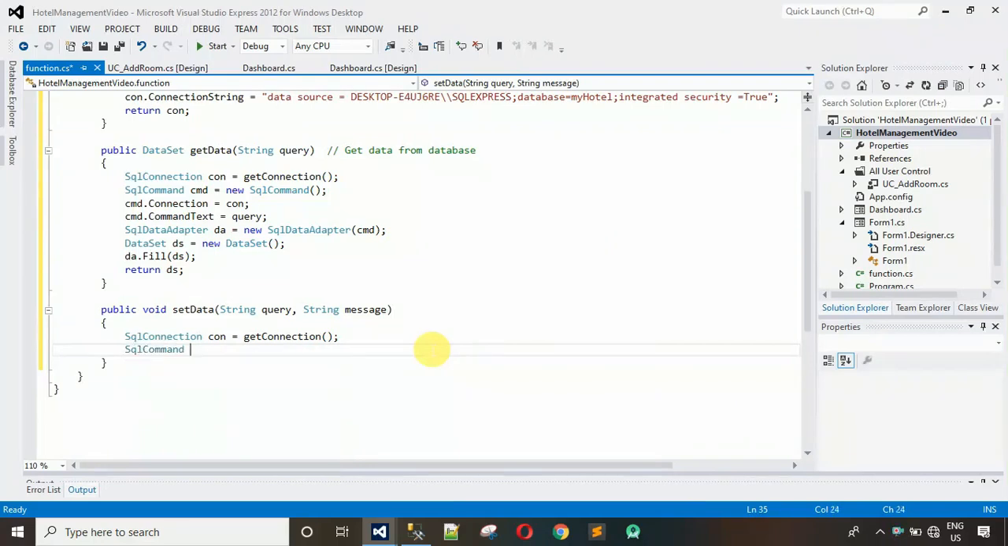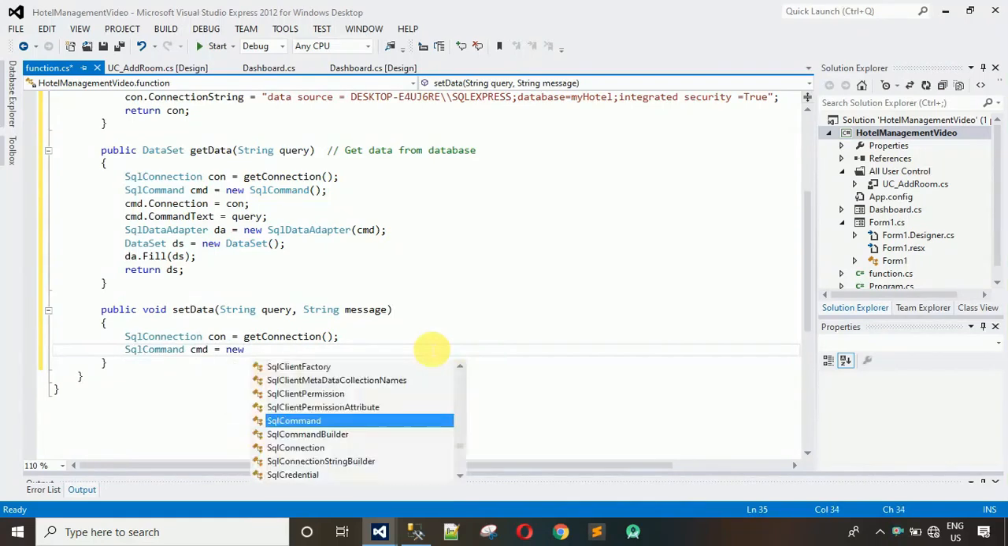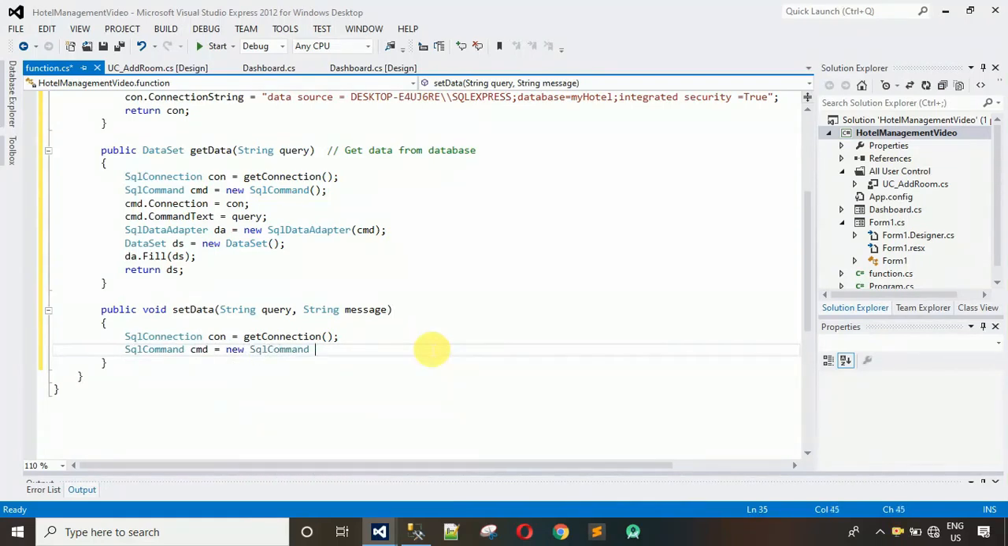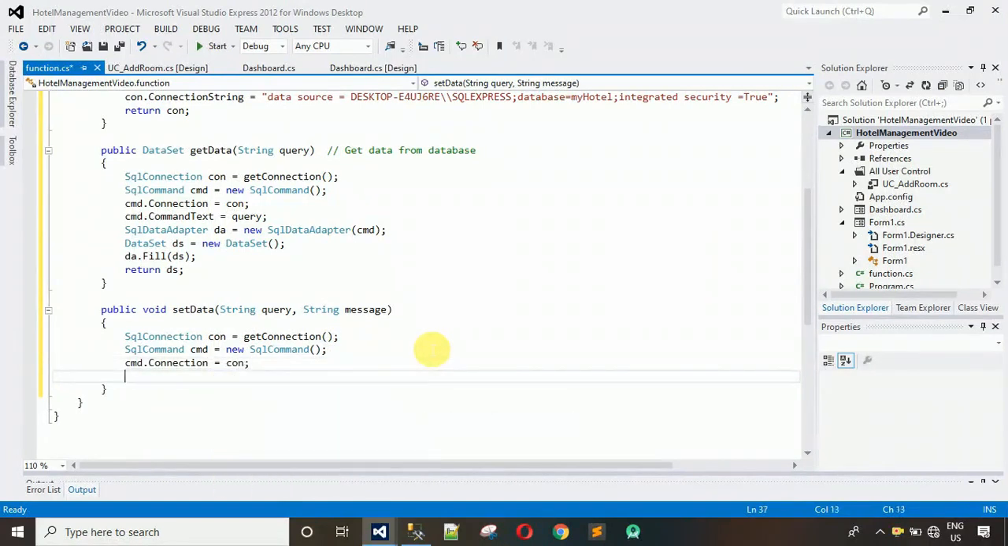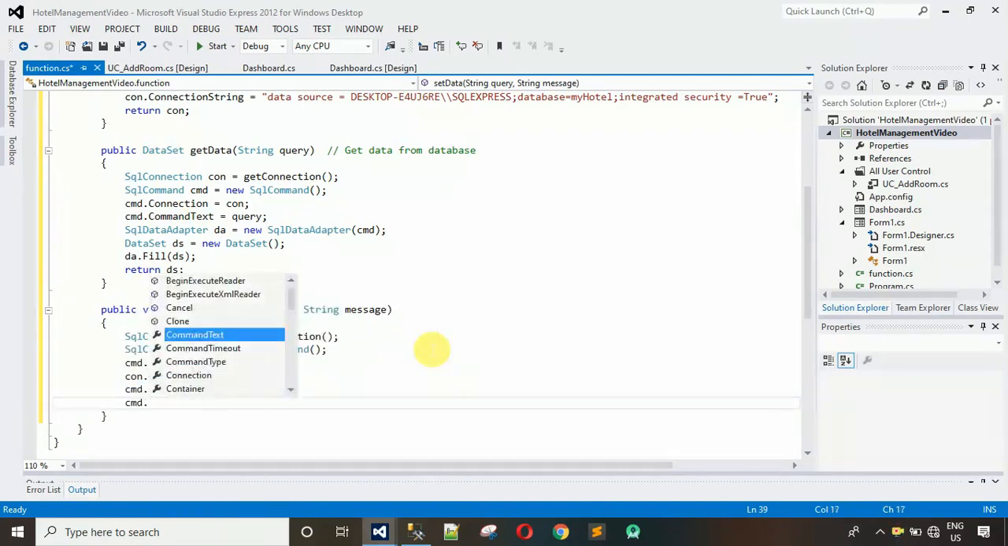Okay, so now after this we have to make a SQL command. CMD is equal to new SQL command, and finally CMD dot connection, we have to pass the connection con, and after this we have to open the connection, con dot open, and after this CMD dot command text, and we have to pass the query, and we have to write CMD dot